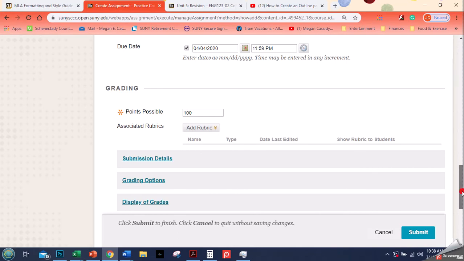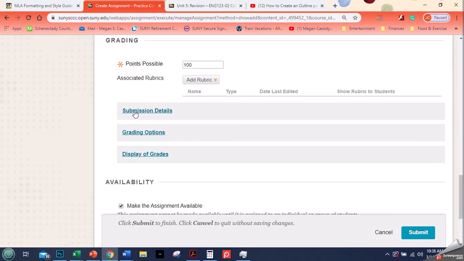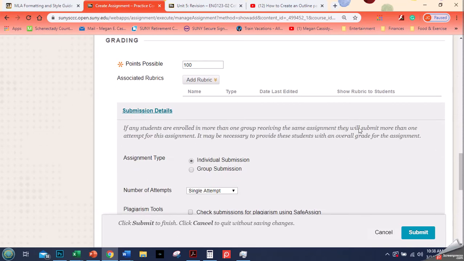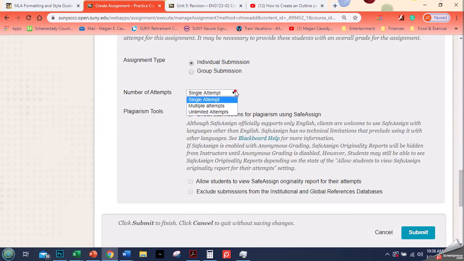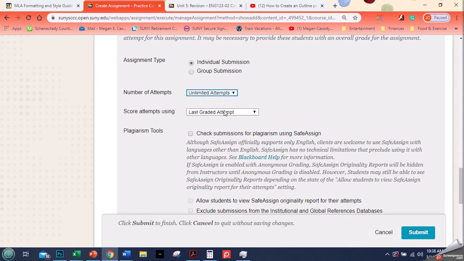Okay, submission details comes next, and this is particularly important. The number of attempts should be set to unlimited. And then I always set my score attempts using the highest grade. And if you want to check for plagiarism, you can check that. And if you do, I recommend that you allow students to see their plagiarism report. The reason for unlimited attempts,